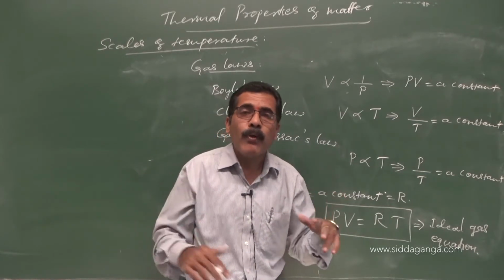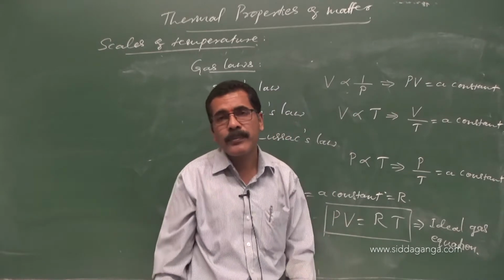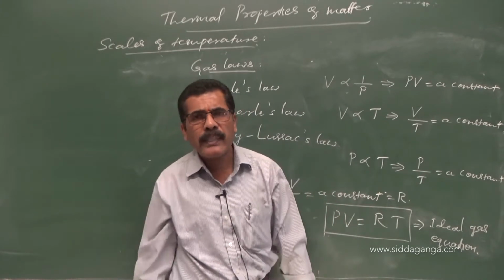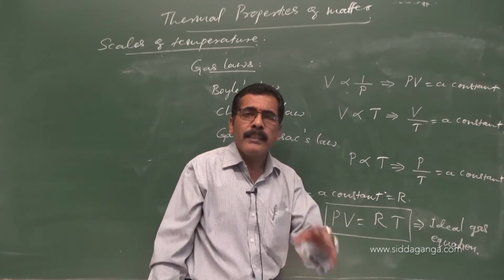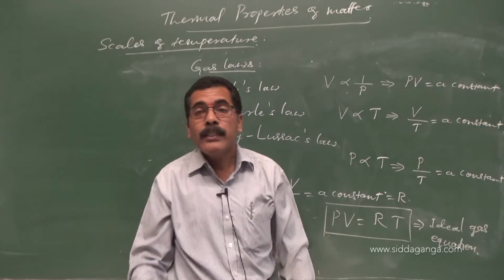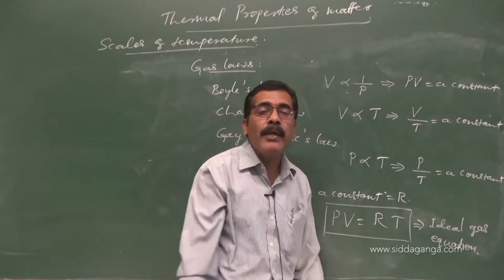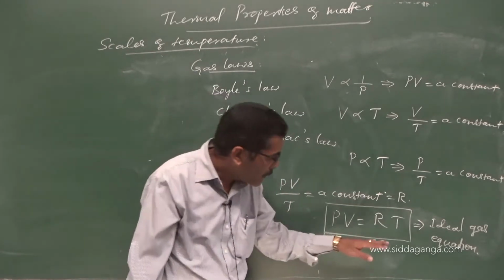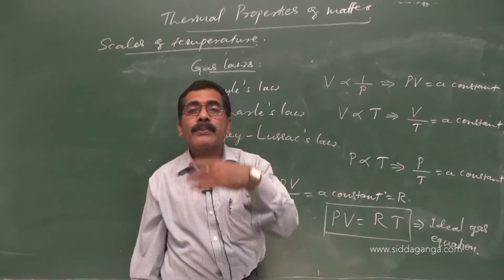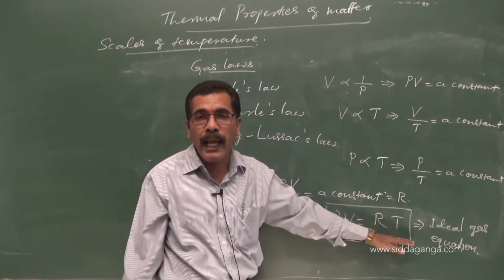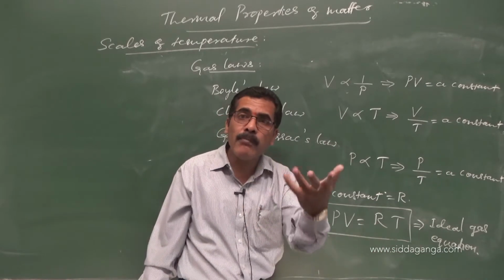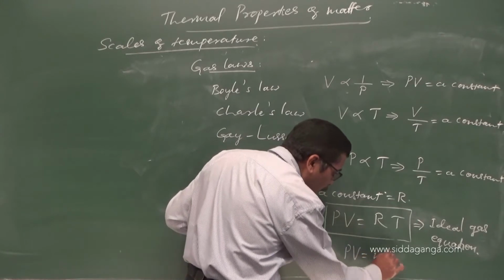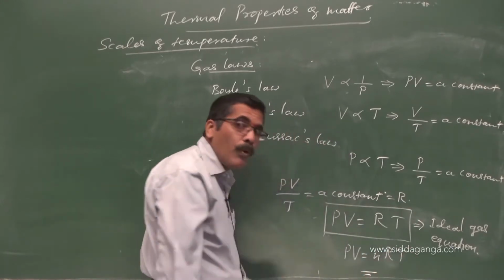Whatever gas you have come across, it may be hydrogen gas or oxygen gas, helium or whatever it may be, those gases are real gases. Those gases show ideal behavior only under certain sets of conditions. And this is the equation which represents the ideal gas. For 1 mole of an ideal gas, we have this equation. If there are n moles, then the equation takes the form PV is equal to nRT, where n is the number of moles.